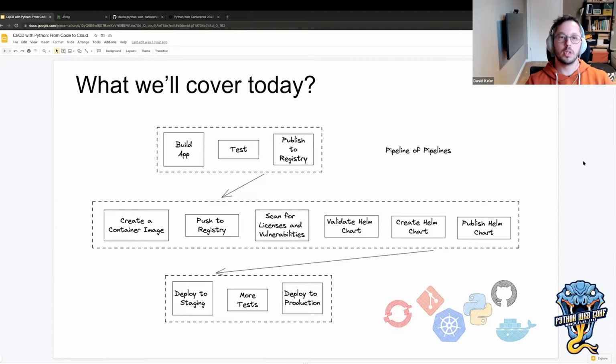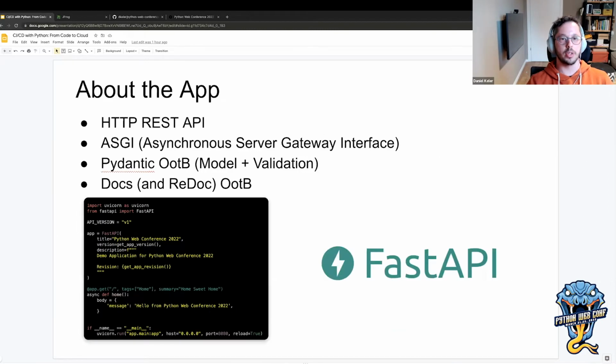Cool. So let's start with the application. The application, I started using Flask, and then I thought, why not try something a bit different, and then I found FastAPI, also a Python framework. I used it for an HTTP REST API application,